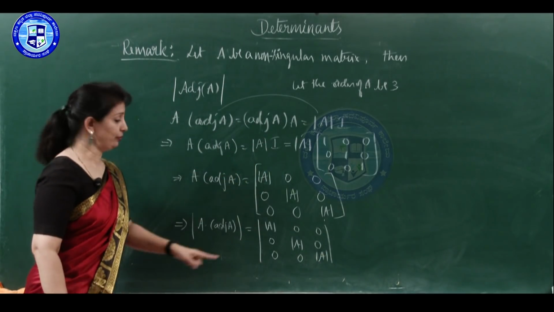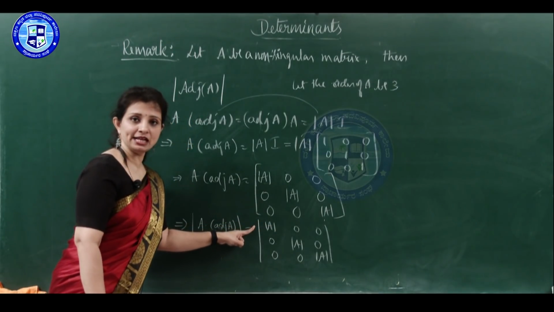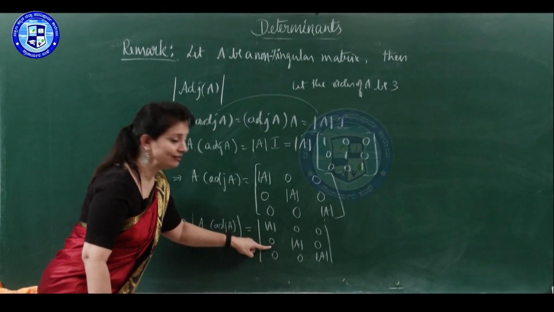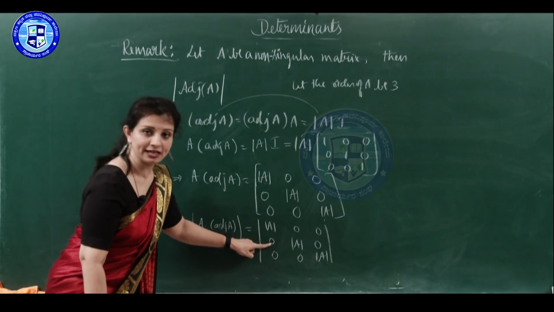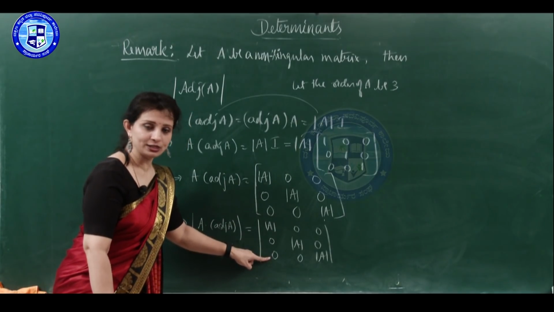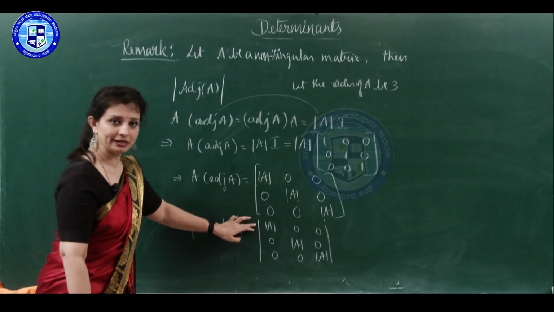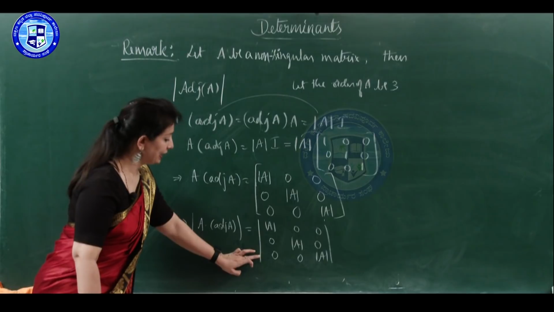So, you know, from a determinant, from each row, determinant A can be taken out. In the first row, determinant A is common. In the second row, again one more determinant A is there, multiplied to each element. 0 into any number is 0 itself. So, here is one determinant A, and in the third row also, determinant A is common. So, from the first row, determinant A is taken out, from the second row determinant A,